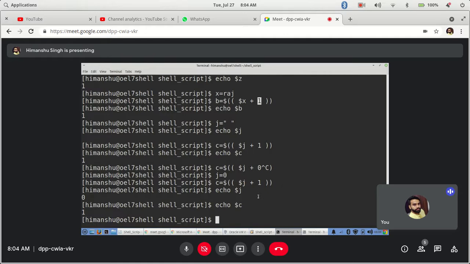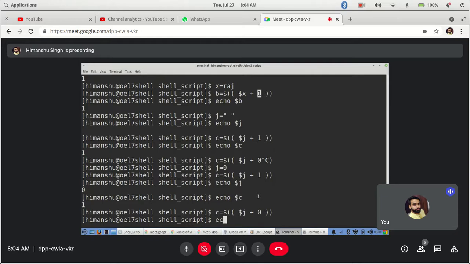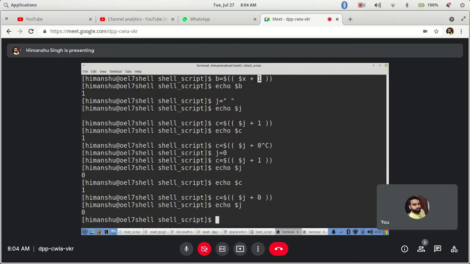This is easy. More easy is, in place of one, what I will prefer is to put 0 here. If I put 0, I will add 0 every time. That means if I go ahead and do echo dollar z, that means 0, correct? Which means this is a normal value. But if I am putting any number other than that, j more than 1 or 2, it should always be greater than 0.